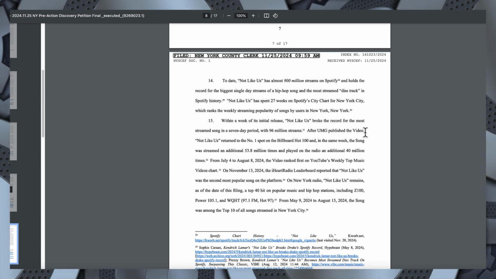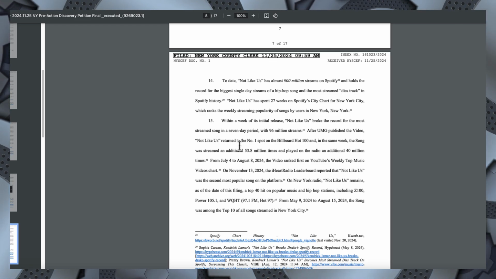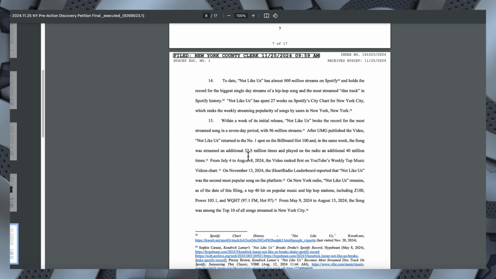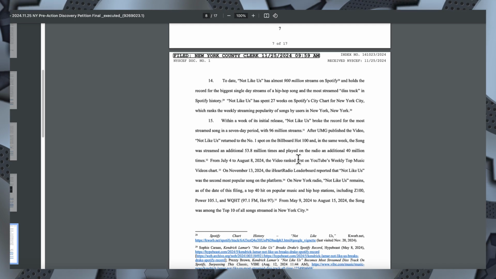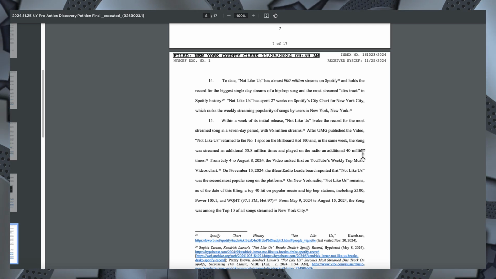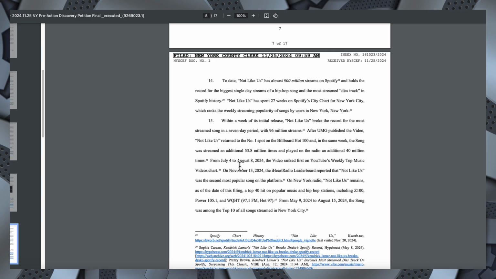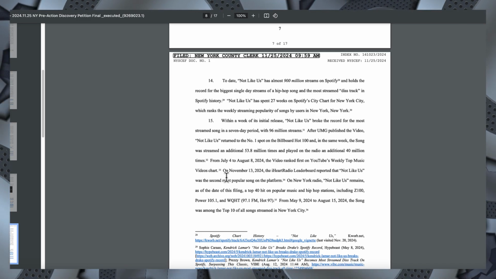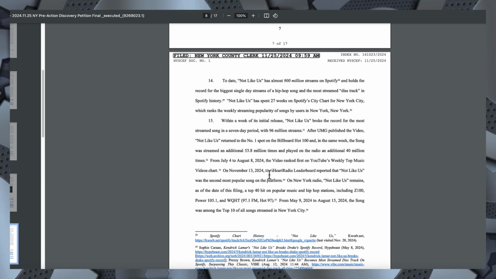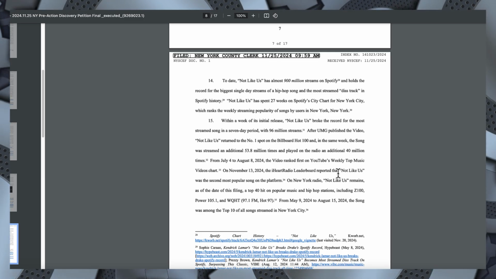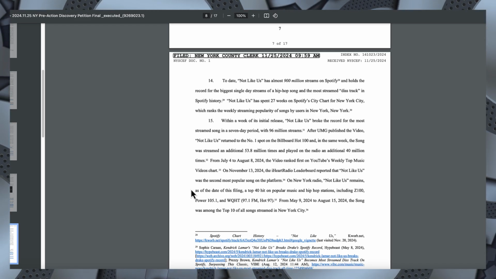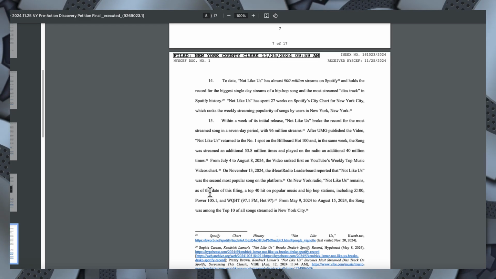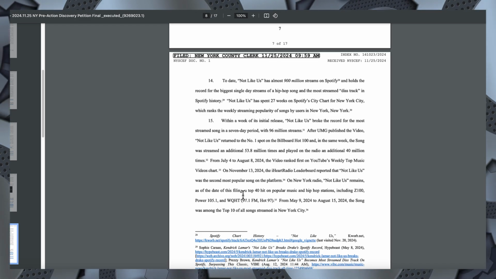After UMG published the video, Not Like Us returned to the #1 spot on the Billboard Hot 100, and in the same week, the song was streamed an additional 53.8 million times and played on the radio an additional 40 million times. From July 4th to August 8th, 2024, the video ranked first on YouTube's weekly top music videos chart. On November 13th, 2024, the iHeartRadio leaderboard reported that Not Like Us was the second most popular song on the platform. On New York radio, Not Like Us remains, as of the date of this filing, a top 40 hit